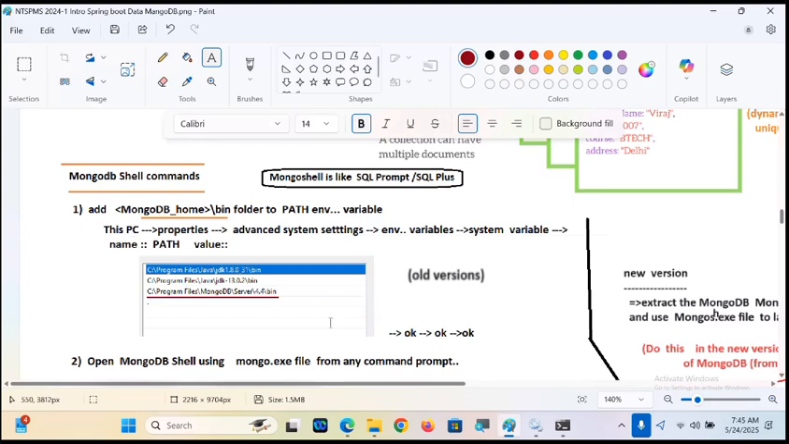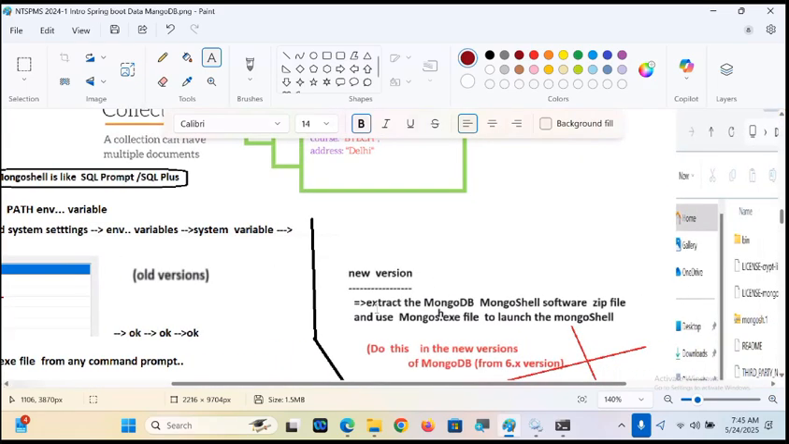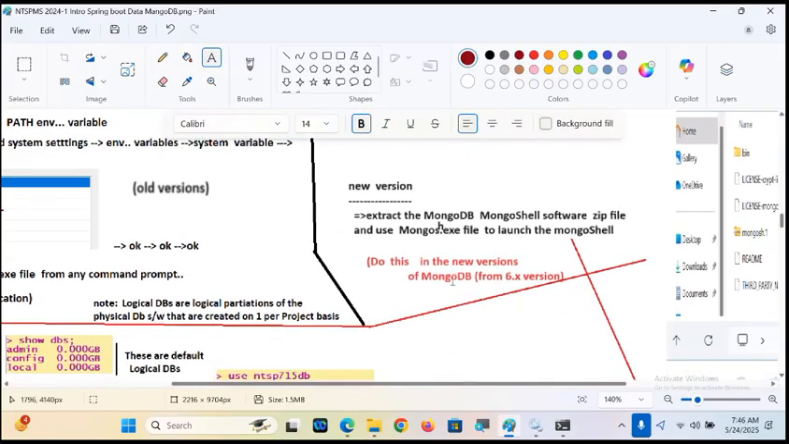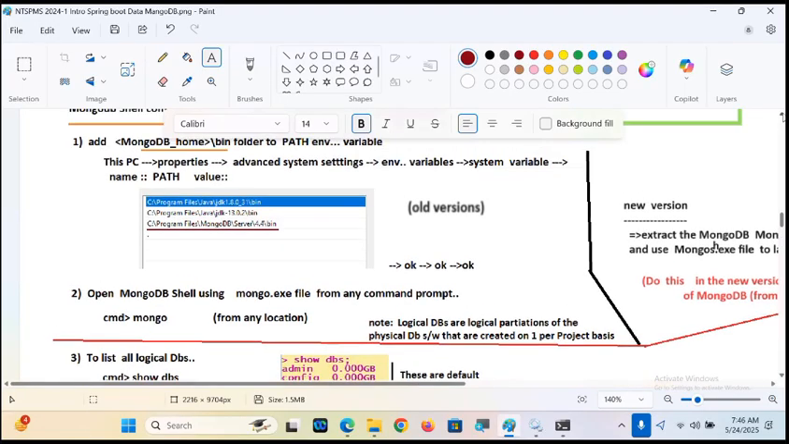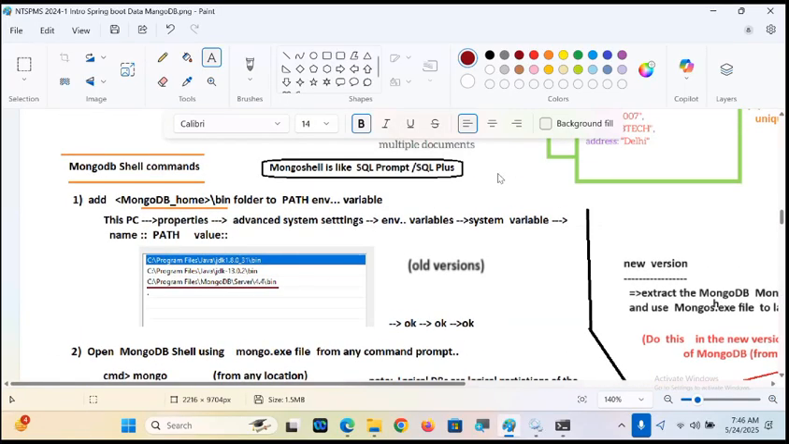MongoDB home. Okay, this is in the old version. New version: extract the MongoDB Mongo shell software zip file and use the mongosh.exe file to launch the Mongo shell. Do this in the new versions of MongoDB, 6.x onwards. In the old version, in MongoDB itself,